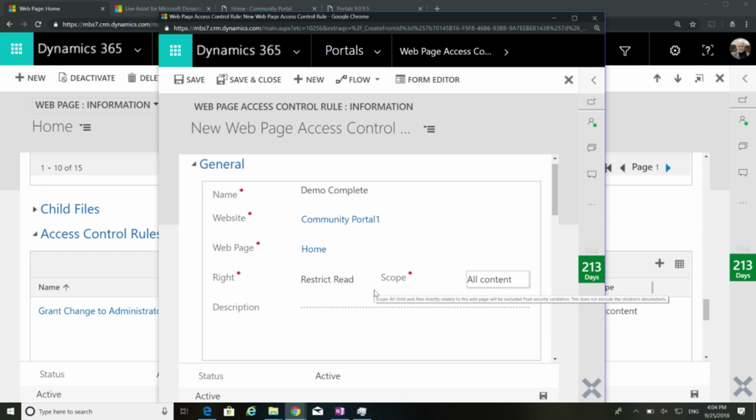Important thing, if you're doing it on the home page, make sure your scope excludes direct child web files. The reason is web files are the ones which create CSS for your portal. If you put a read rule on web files as well, CSS won't even load on the login page, so your login page will be without CSS. If you are using an external IDP, like Facebook login, fine, do it. You don't really care about the login page anymore. But if you don't, then make sure you exclude these. I'll do save and close.